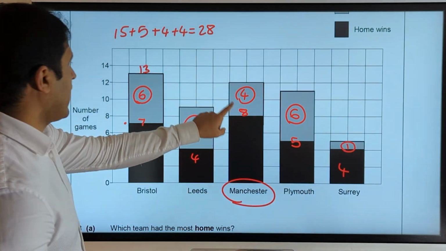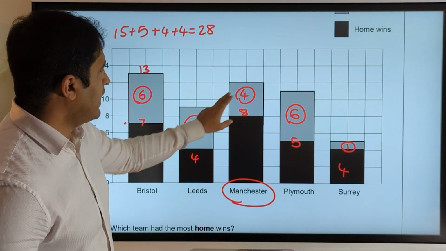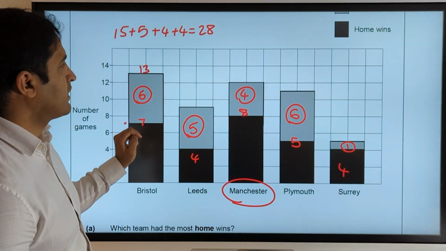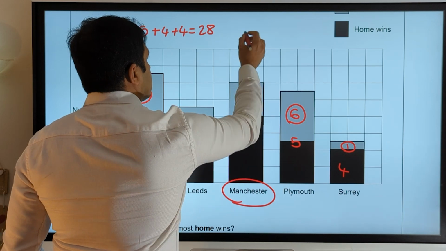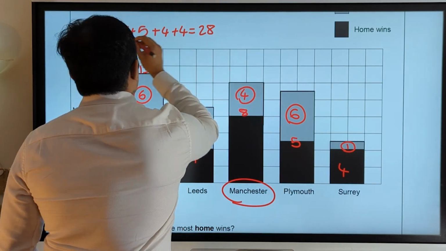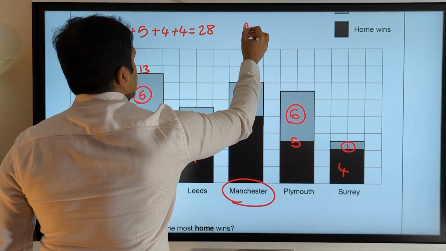Okay. So if I add the circled numbers, we go 6 and 9 and 10. 6 and 6 is 12, so 10 and 12 is 22. So we got 22 away wins. So these are the home wins, and then we go away,